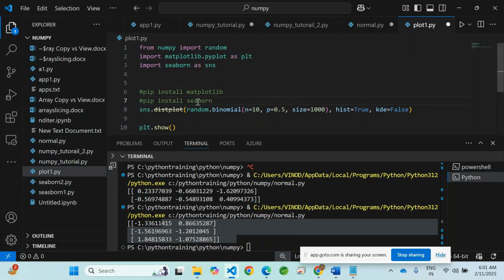Both are libraries. You need to import them, just like NumPy. Whenever you import a library, you wanted to give it a shortcut name. Here for seaborn, you gave a shortcut as SNS. Now